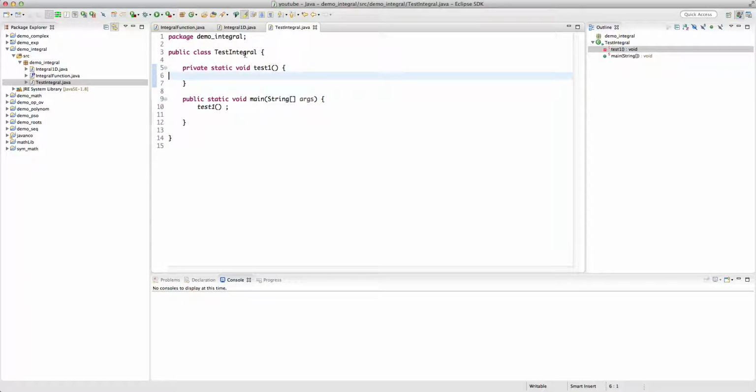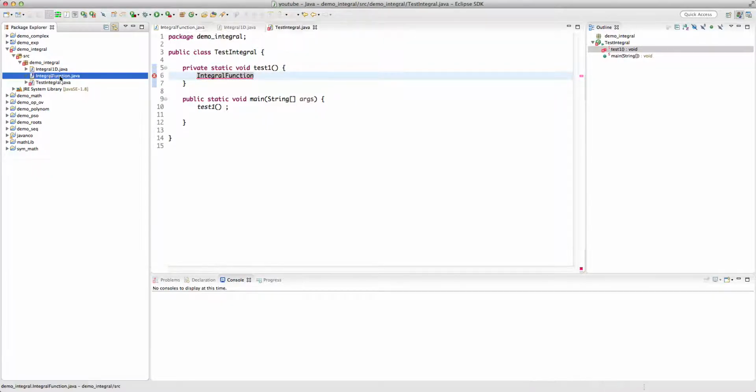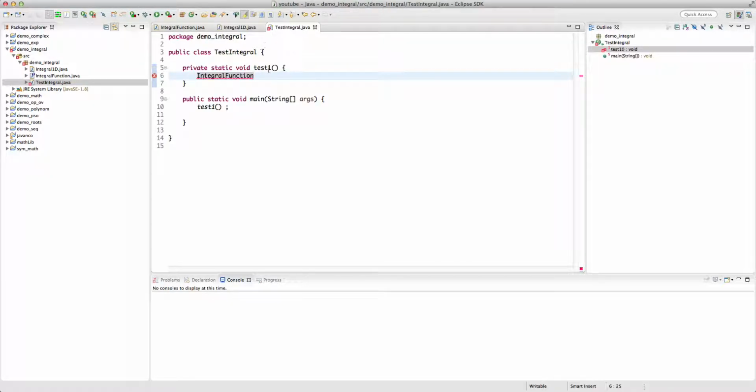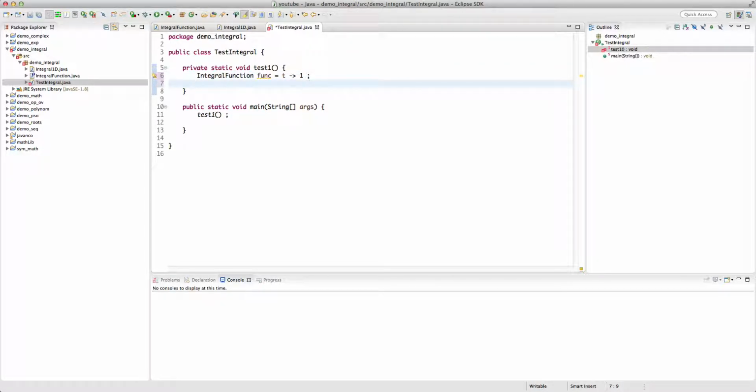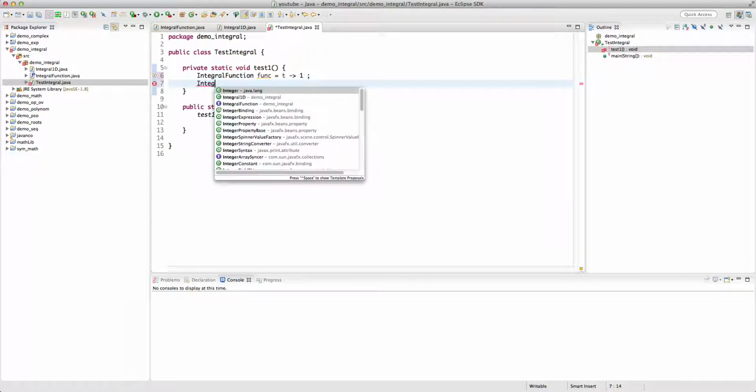In test1 I'm going to define an integral function, and we could also change this to integral function 1D. I think that's a good idea. Integral function func is equal to t goes to, for example, t. So let's first integrate a constant function, and then we define an integral 1D,